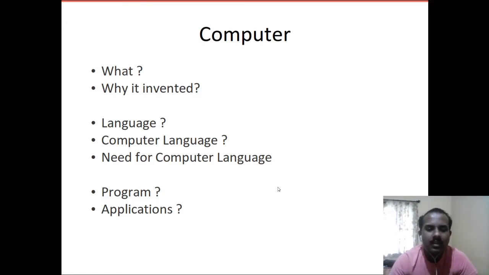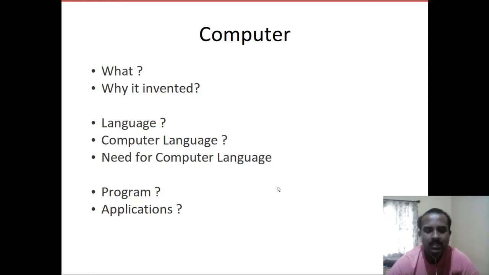Now let us come to what a language is. Language is a set of instructions used to communicate between two or more users, and language has its own rules and its own grammar. Let us consider the English language. What is the main purpose of the English language?